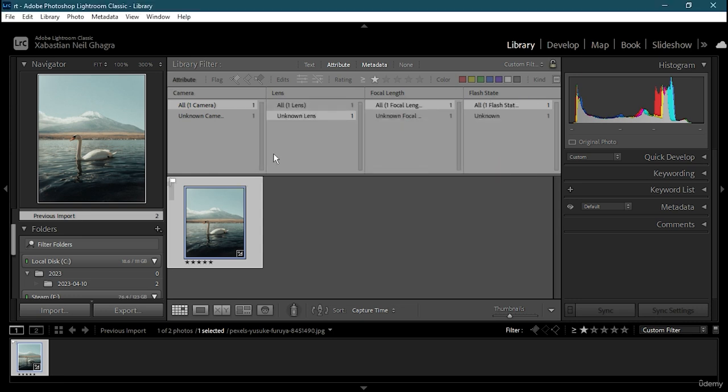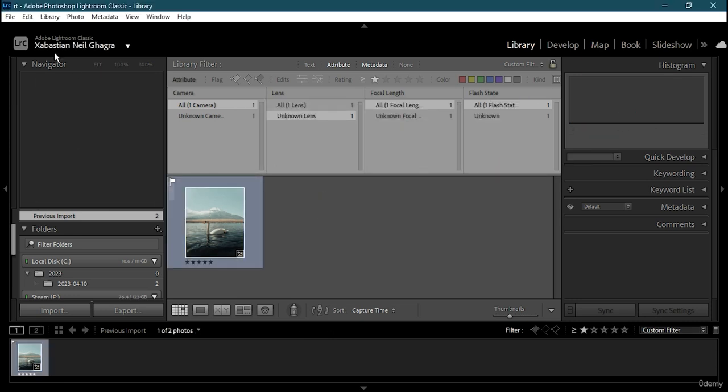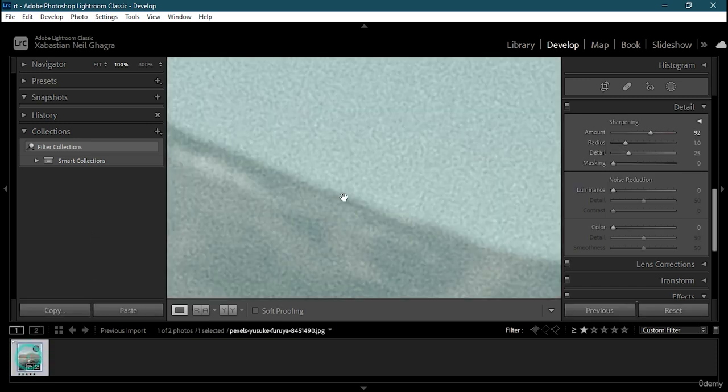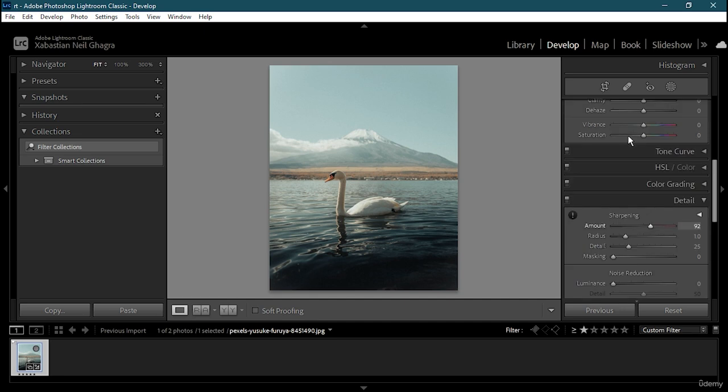As you can see, I have two of my photos just as I showed you, and this is how you will be able to filter your photos and select them. But there are a couple of other ways you can filter your photos too. First off, go to develop, and then select the photo first. Let's say I'm going to select this photo, and as this opens up, you change them according